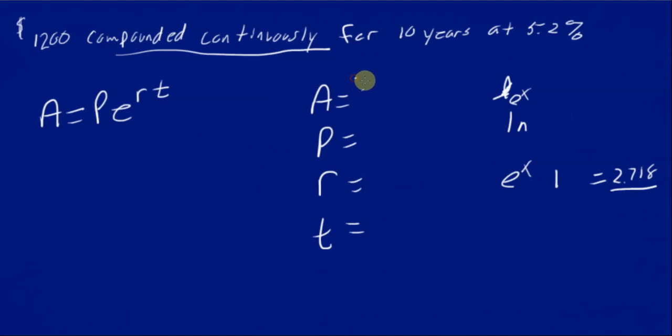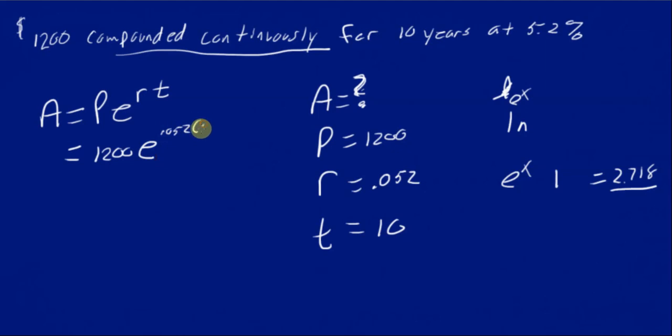Ending amount, I don't know. That's not a 2, it's a question mark. I don't know what my ending amount is. The principal, of course, we're starting with $1,200. The rate, 5.2%. Can't use that. Move it 2 decimal places, 0.052. Time, always in years. We're simply going to substitute in here the initial amount, the principal, $1,200, times E, raised to the RT,